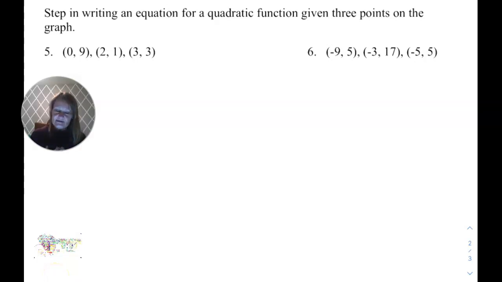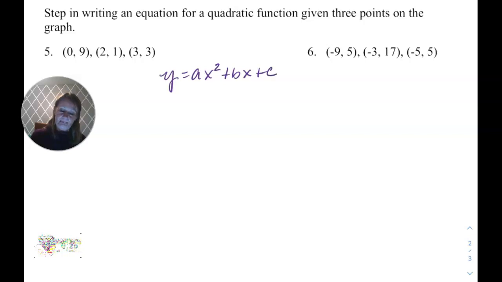Okay, so we're ready to get started for the last installment of your writing equations. Given 3 points, this one's going to be a little bit harder. I'm going to start over to the side so that we have plenty of room to do this. So again, the first thing that we're going to do is remember our y equals ax squared plus bx plus